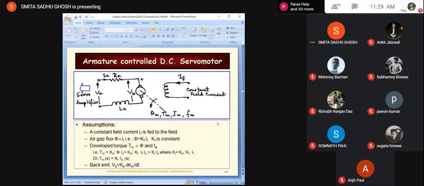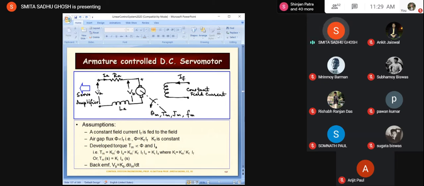Next we come to the DC servo motor when operated in the armature controlled mode. So over here again we find this arrow indicating the same thing as in the previous case, that is, this arrow indicates that the input side actually goes to a servo amplifier, or rather the servo amplifier comes immediately before the servo motor. Since the DC servo motor is being operated in the armature controlled mode, the input signal is being applied at the armature side.